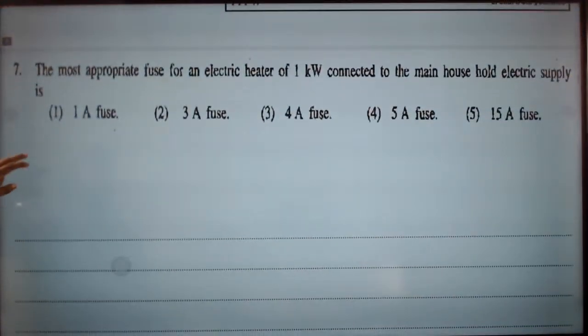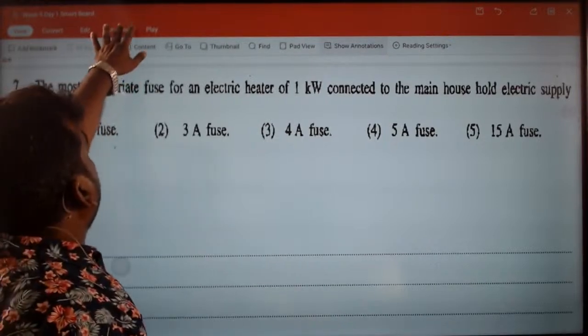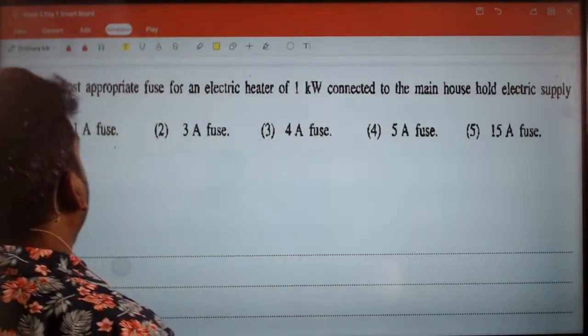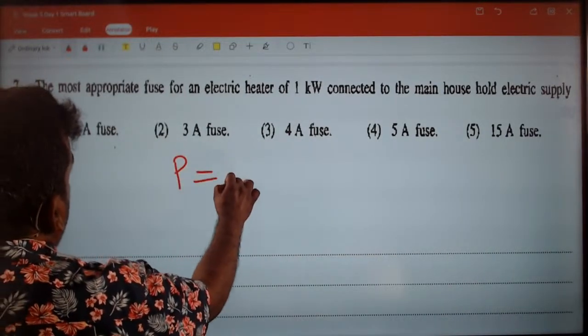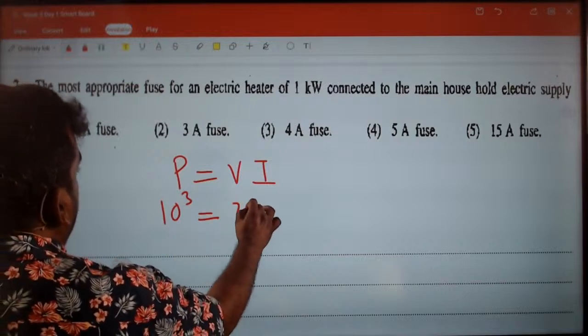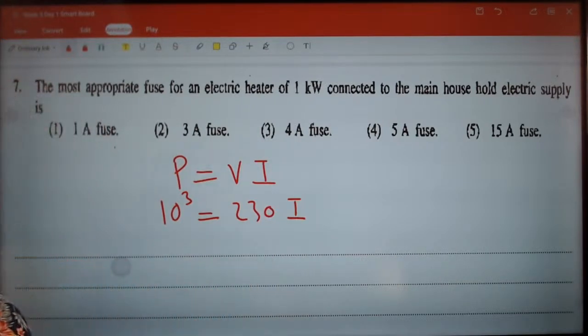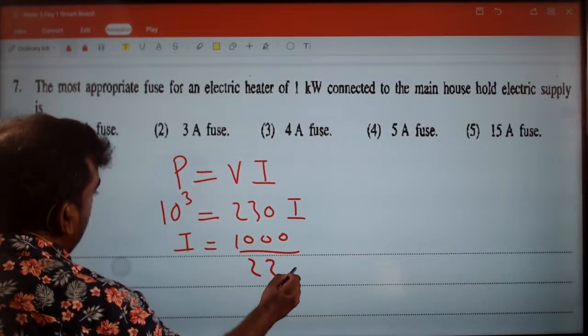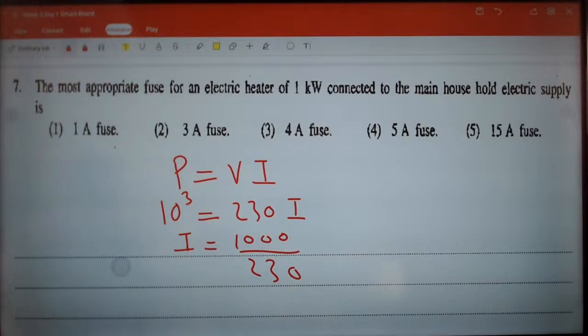Moving on. The most appropriate fuse for a heater of 1 kilowatt connected to a main household electric supply is how much? So power is equal to VI, don't forget. Power is 1 kilowatt, 10 to the power 3 watt. Home supply 230 volts. So here, I is 1000 divided by 230. If you do the basic simplification, 1000 divided by 230, you will get